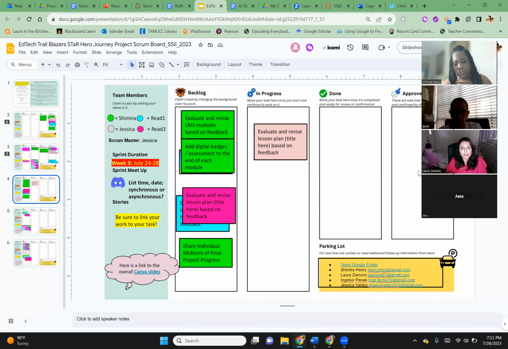Oh, for Lesson 2, right? No, for lesson 1. About the lessons that we just went over, the hero's journey, right? Yes, for the hero's journey. And then by Thursday-ish, I will have module 2. I just need Laura to add her objective, and then I can start module 2 because we talked about the ideas today. So I have something to work with.